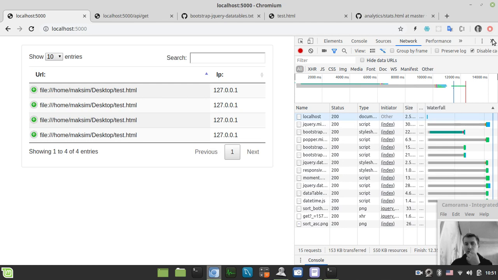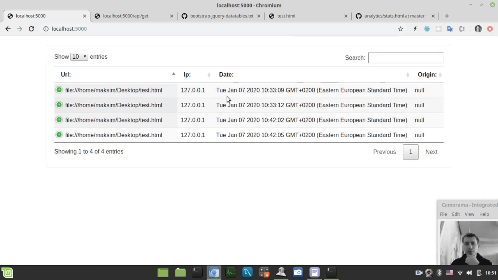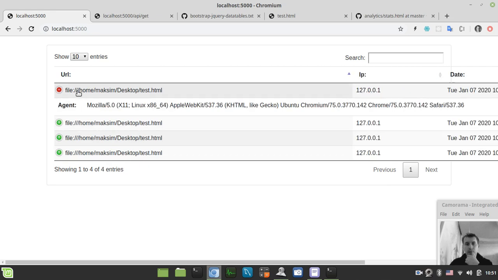Okay, finally we got our response. Yeah, exactly as expected. So the only last thing left here is to wrap the user agent in a div